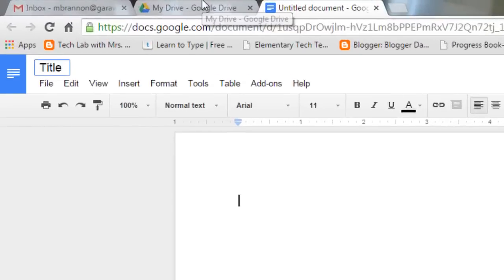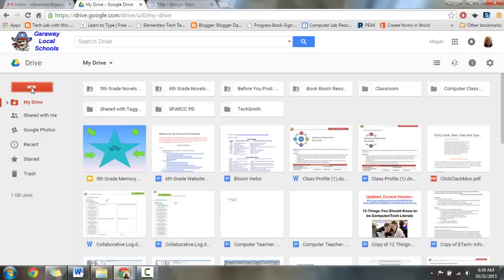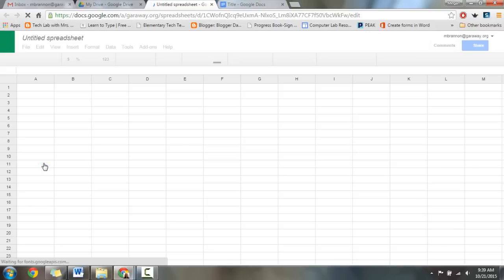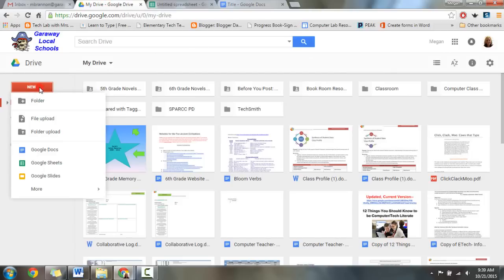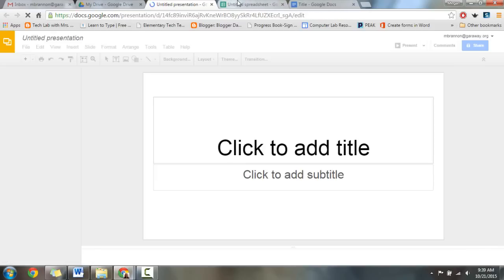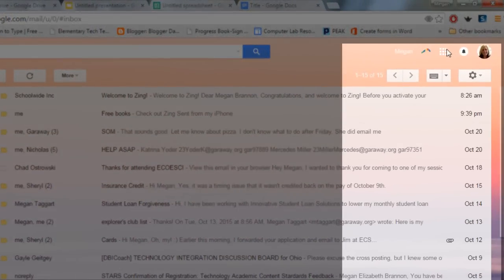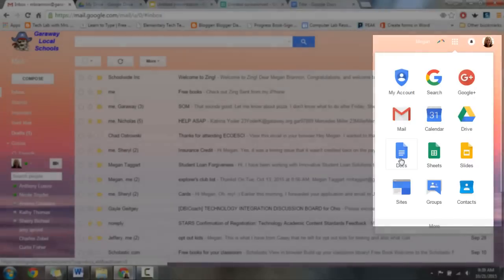how to create that. Let's go back to the My Drive tab by clicking here at the top. We can create a new Google Sheet presentation by clicking there. Now please know that when we click New and then we click to create some kind of presentation or spreadsheet or doc, you can do the same thing by clicking on the waffle and then clicking whatever type of document you want. So if I want a Google Doc, that's like a word processing document,